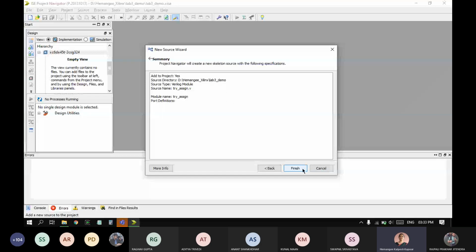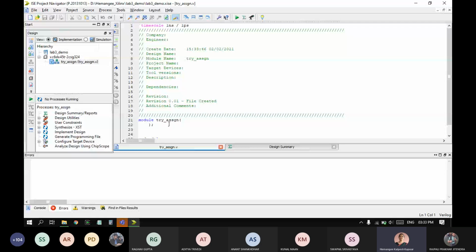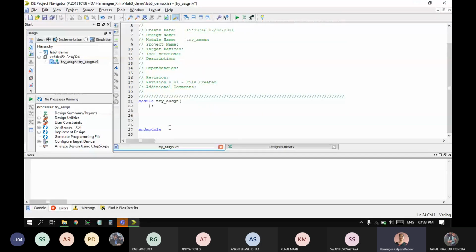So here we'll see the concept of assigning to variables in a blocking and non-blocking. Non-blocking assignment says that all the assignments which you are doing, they all happen in parallel, and blocking assignment says that first assignment happens, then sequentially the next assignment and the next assignment. Okay. So here I'm not taking any input and output. We are just going to see the waveform created, and therefore I've created a blank module.